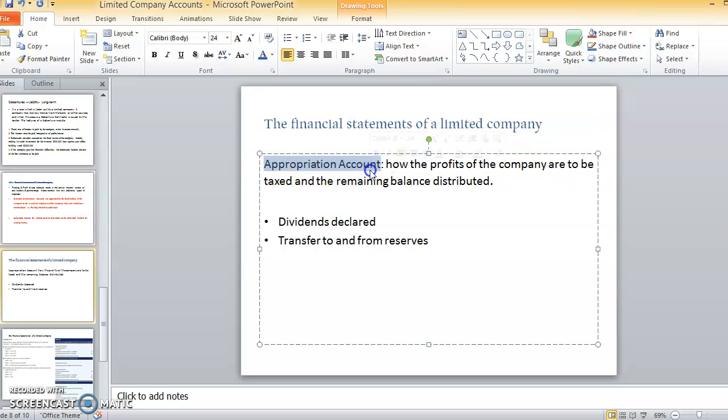So an appropriation account of the company will show how the profits of the company are to be taxed and the remaining balance distributed. Remember guys, you pay a corporate tax on your company profits. So after paying the taxes to the government, the remaining balance will be distributed between the shareholders. So the shareholders will be receiving your dividends, and transfers to and from reserves,